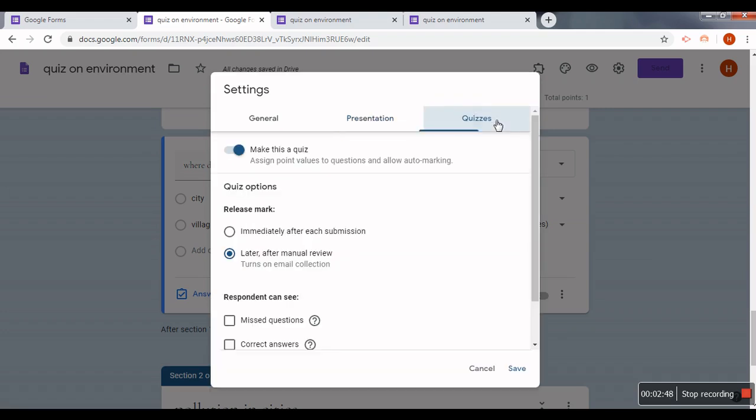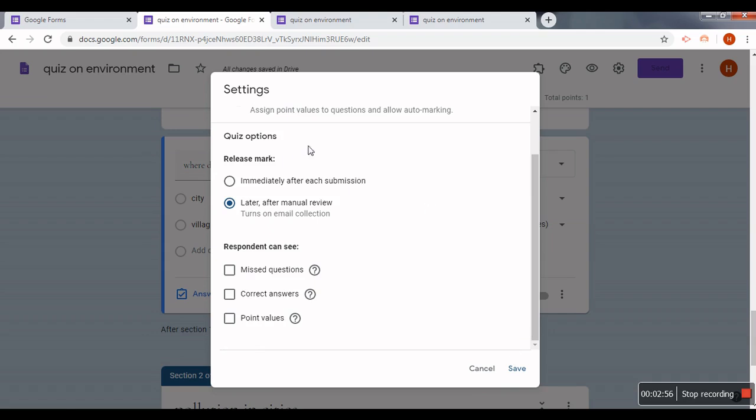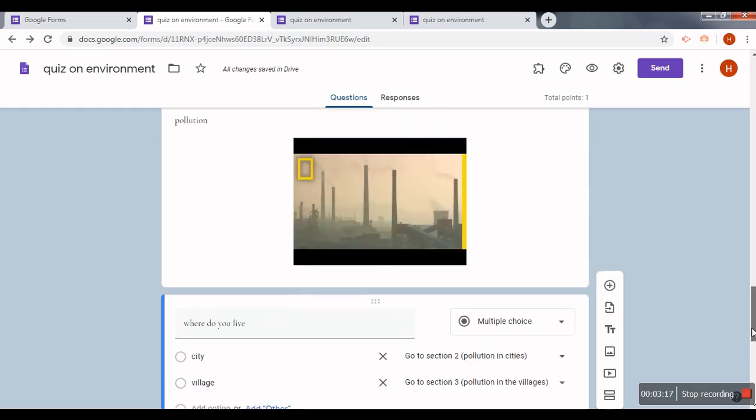And the last is, if you want to use the form like a quiz. Now if we make it a quiz, what happens is automatically the Google form starts asking for answer keys, right? Then you have to write what is the right answer. Accordingly marks will be allotted, and in every question you will give marks, and the children who submit their form, they will get the scores, right?